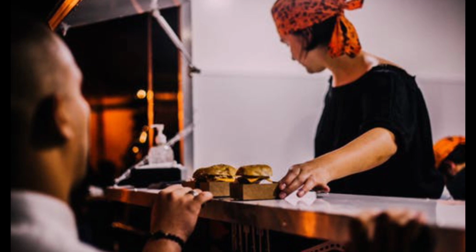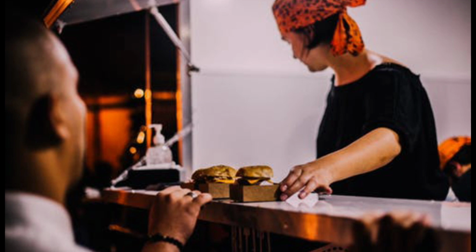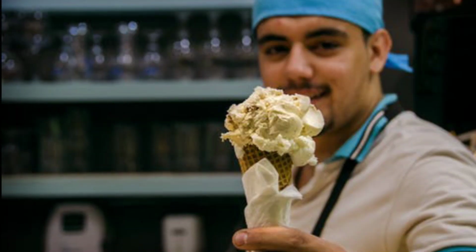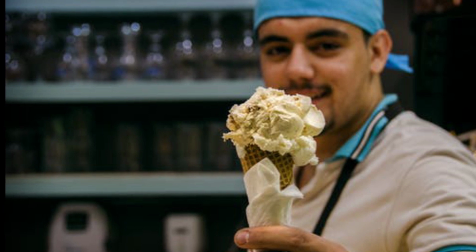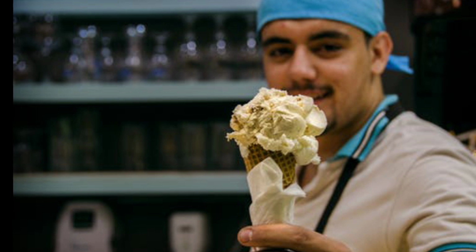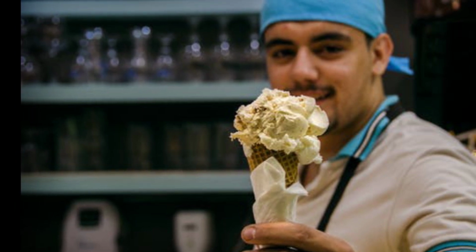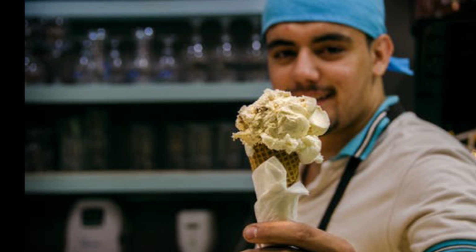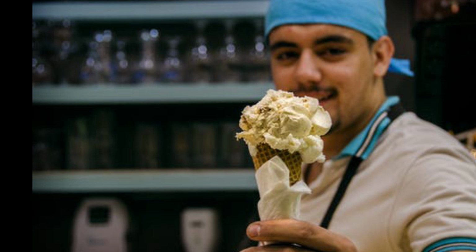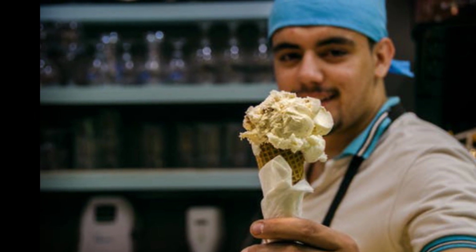differ from a lot of more metropolitan areas, like downtown cities such as Chicago, New York or Miami. These types of places have different requirements, and they're very limited as far as the amount of licenses they will issue for street food vendors, okay? Because they have to cap it somewhere. They can't have 10,000 street vendors within a mile radius of each other. That obviously doesn't make any sense. So it is kind of limited, and California offers that same type of limitation, but the requirements are a little